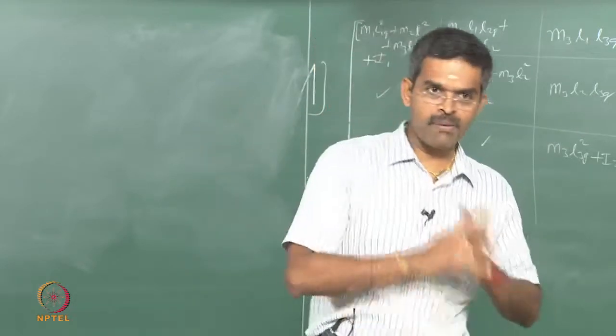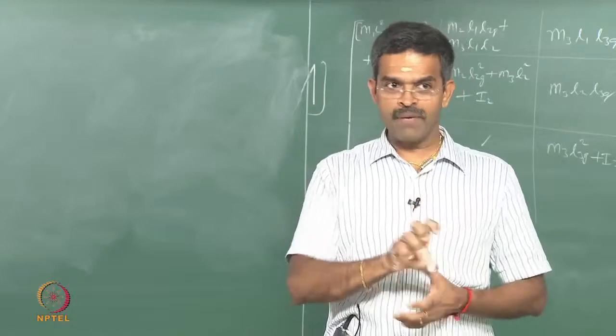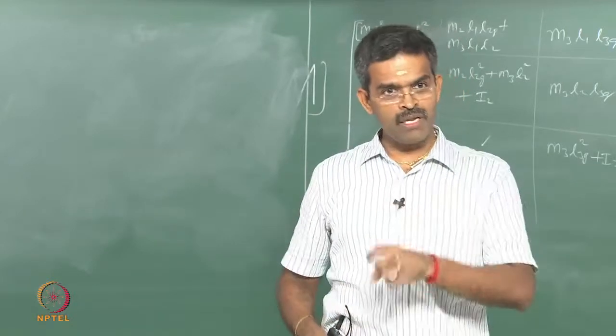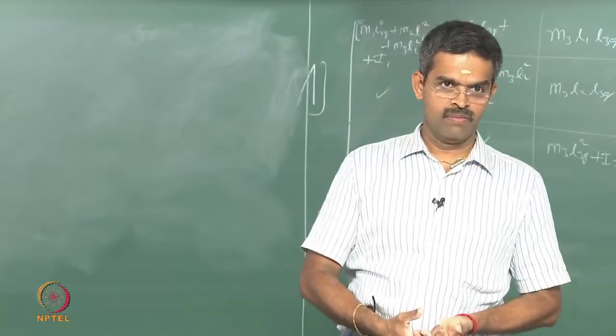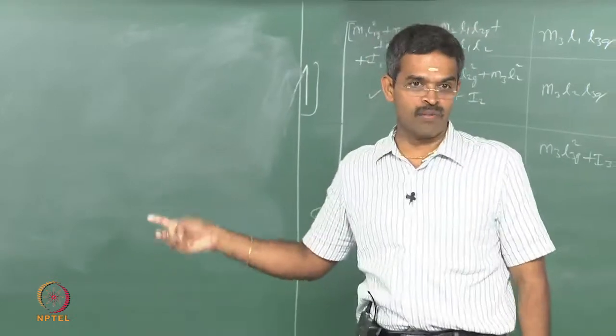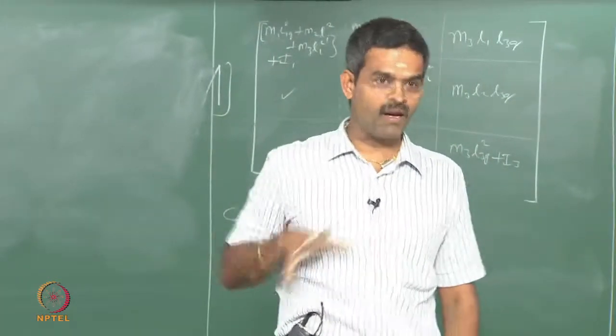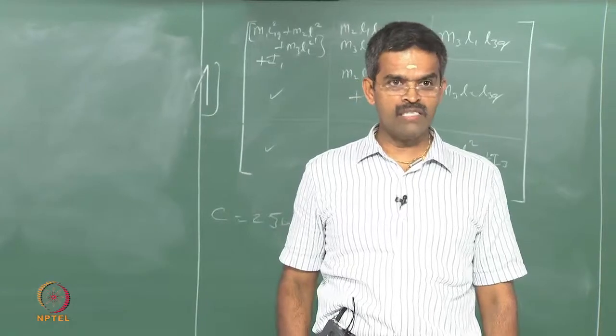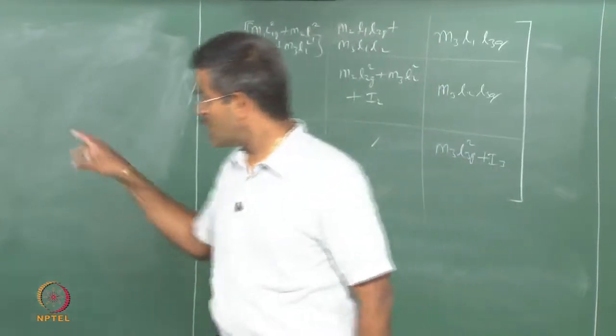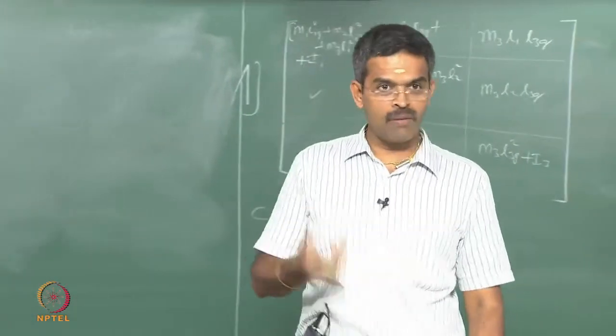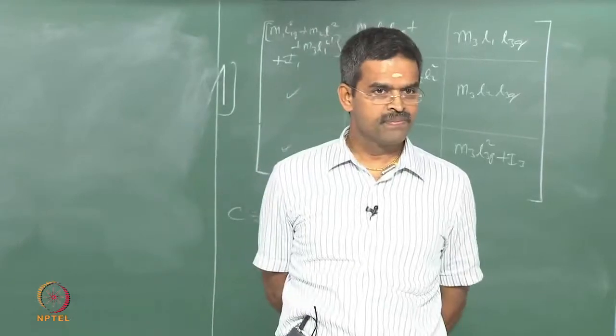So we conducted experiments and obtained that parameter, then substituted that parameter in the equation of motion and solved, because you cannot directly solve this equation of motion for omega equal to omega bar. Even if you say omega 2 is equal to omega 1, even then it cannot be solved because they will resonate.